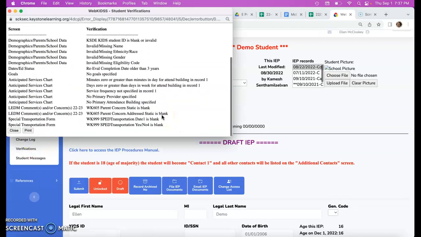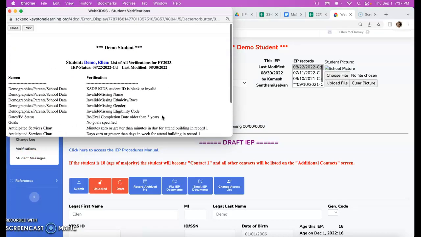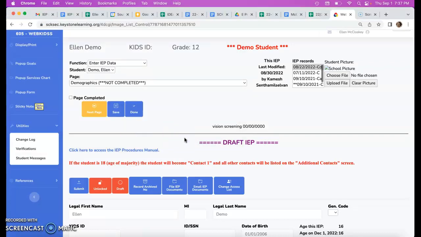Mine's going to pull a bunch of verifications because not everything's filled out. Yours should not pull any verifications before you submit. If there are verifications, make sure you address those. If you don't know what to do about certain verifications, reach out to either Charmaine or your IEP reviewer, your IEP specialist, to address those prior to submitting the record. That catches a lot of things that just aren't filled out, or just some mistakes that are made